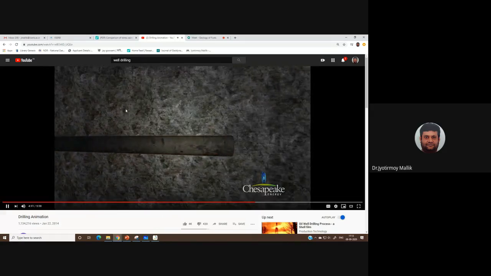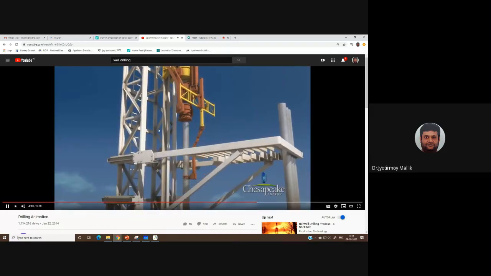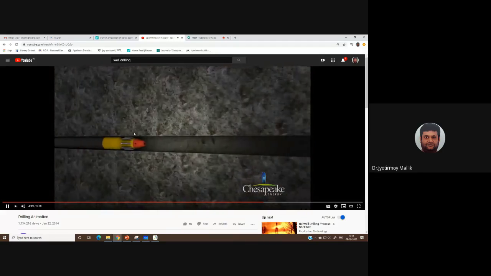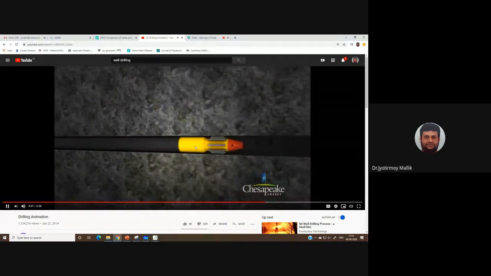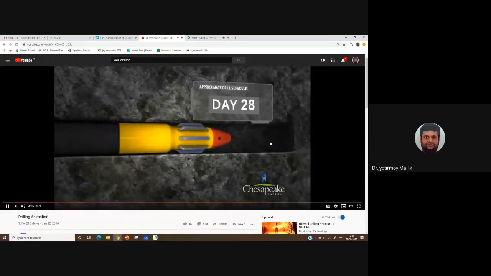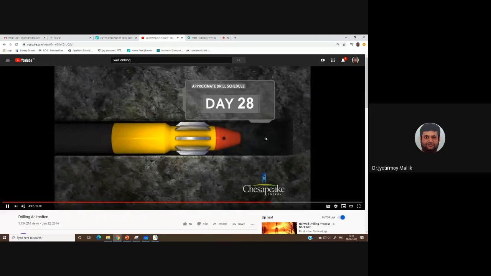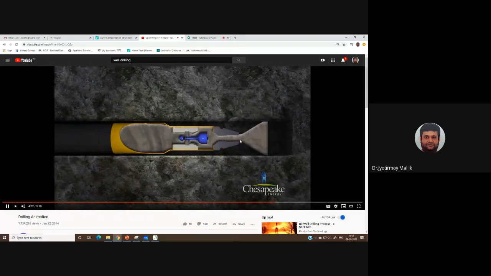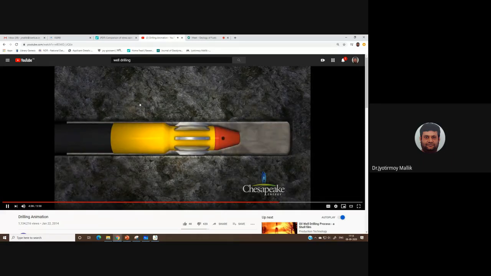Now you see the drilling pipe is retracted. It is still open hole. And then finally the production casing is put forward. Okay. So now this is the instrument which takes the production casing to the bottom. And then there will be cement pumped through it. Okay. Now the cement is being pumped. And then the cement is actually filling the space between the formation and the casing pipe.